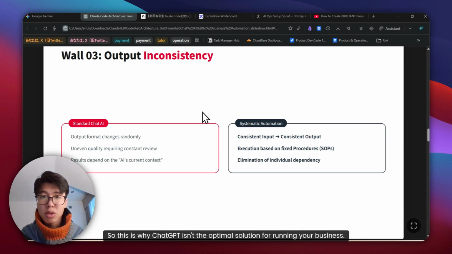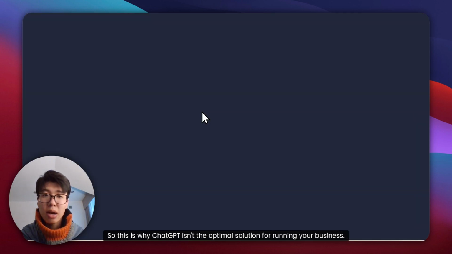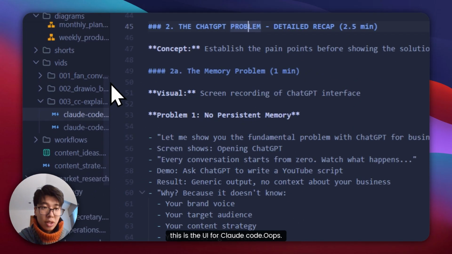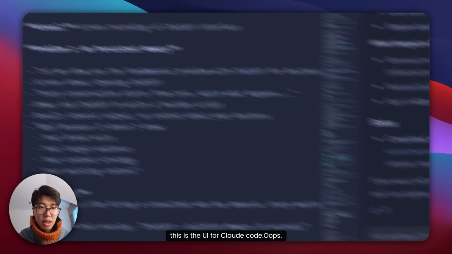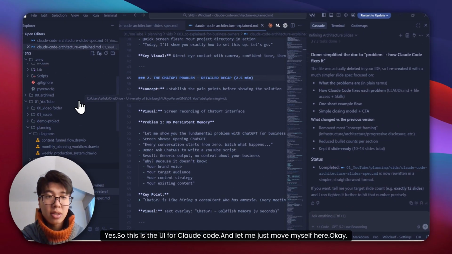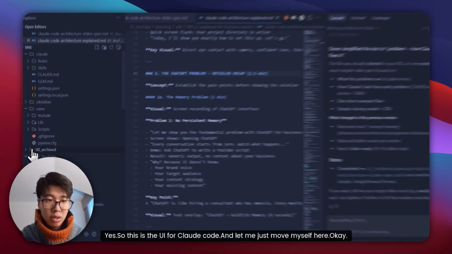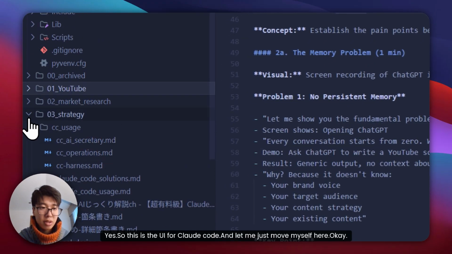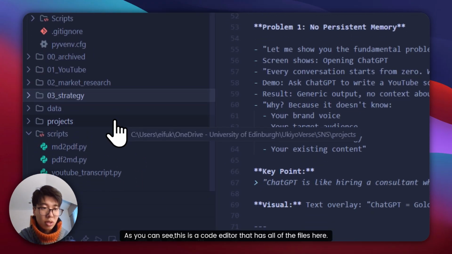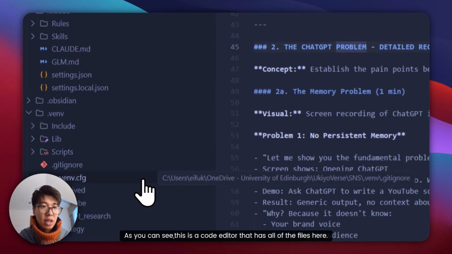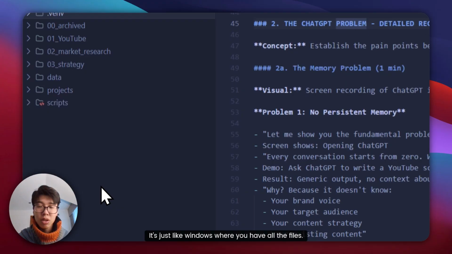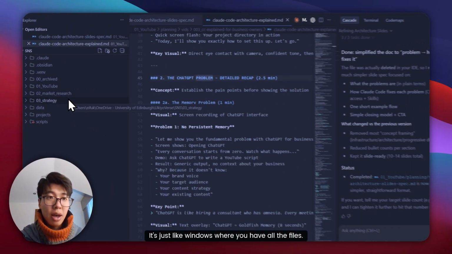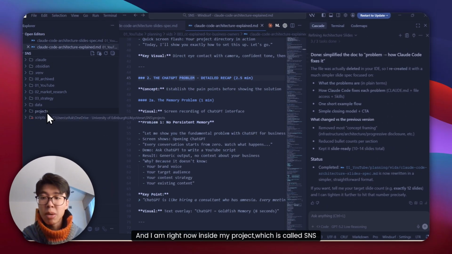And here comes Claude Code. So let me show how Claude Code looks. This is the UI for Claude Code. As you can see, this is a code editor that has all of the files here. It's just like Windows, where you have all the files. And I am right now inside my project, which is called SNS, and it is managing my YouTube and